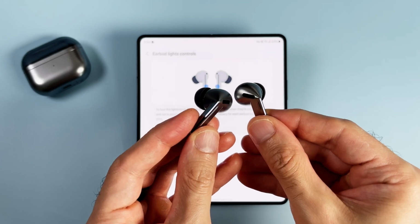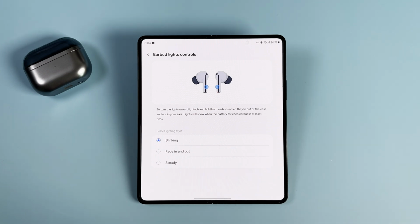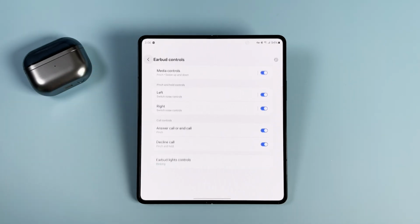If you don't want the earbud's battery to go to very low levels like 10 or 15%, then you can turn on the LEDs, and once they go under 30%, a voice prompt says that, and the LEDs will be turned off. Now let's talk about one of the coolest features of these earbuds, which is totally new, and that's